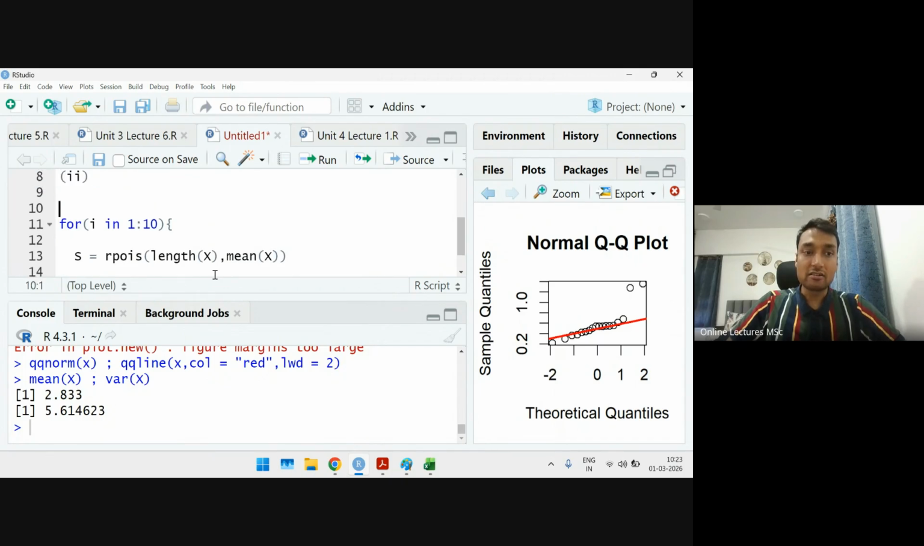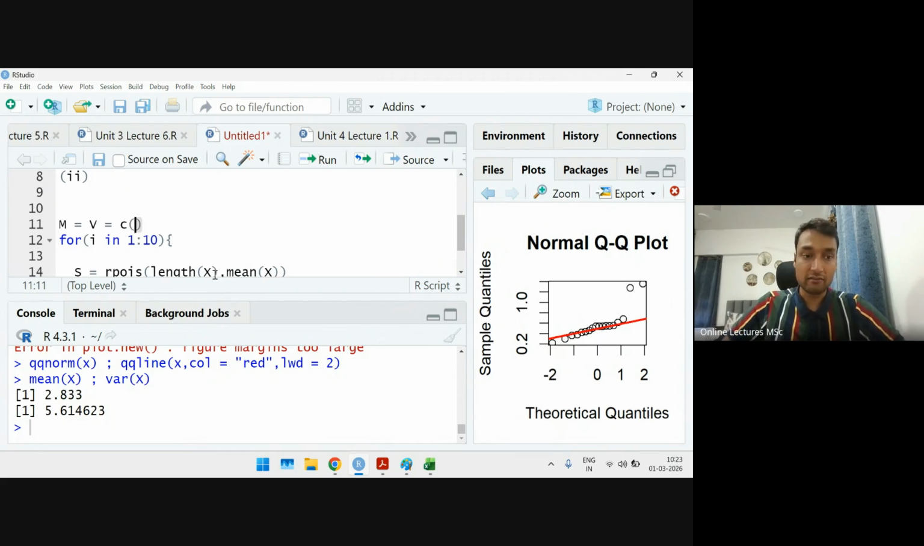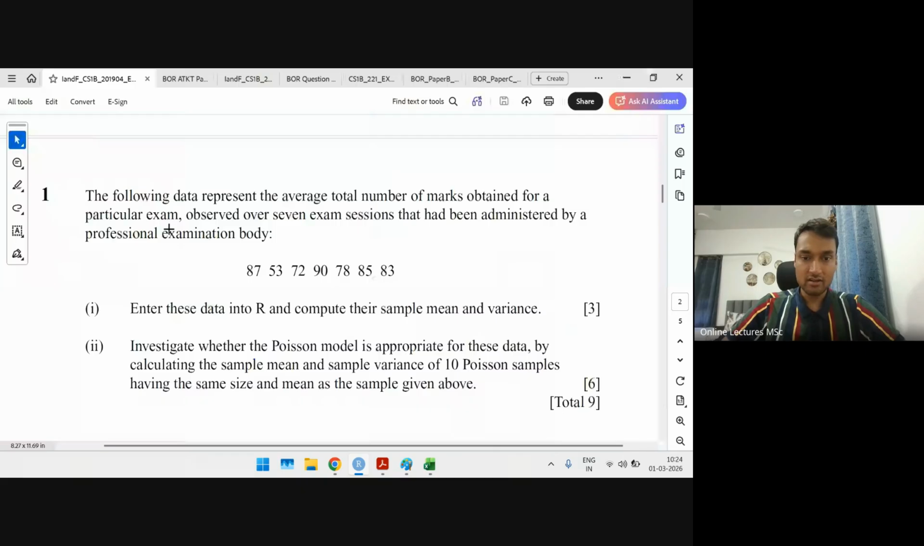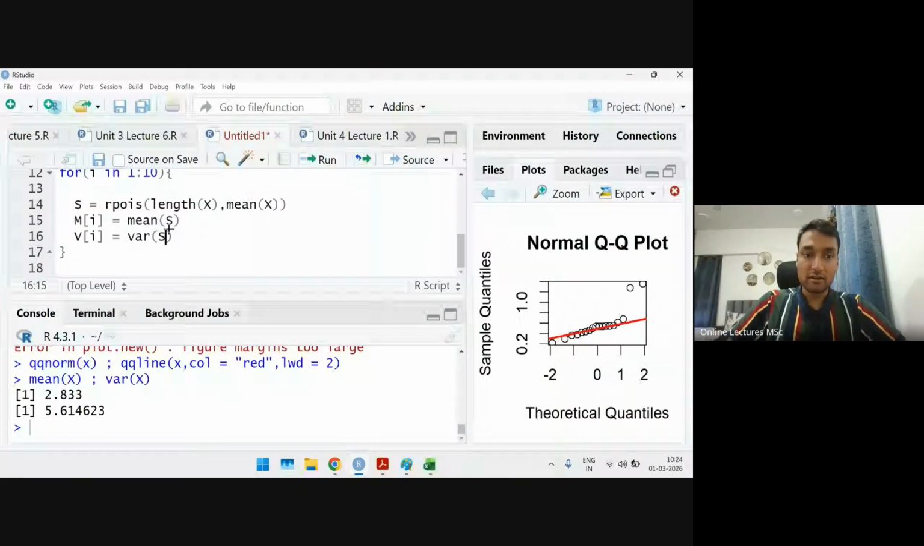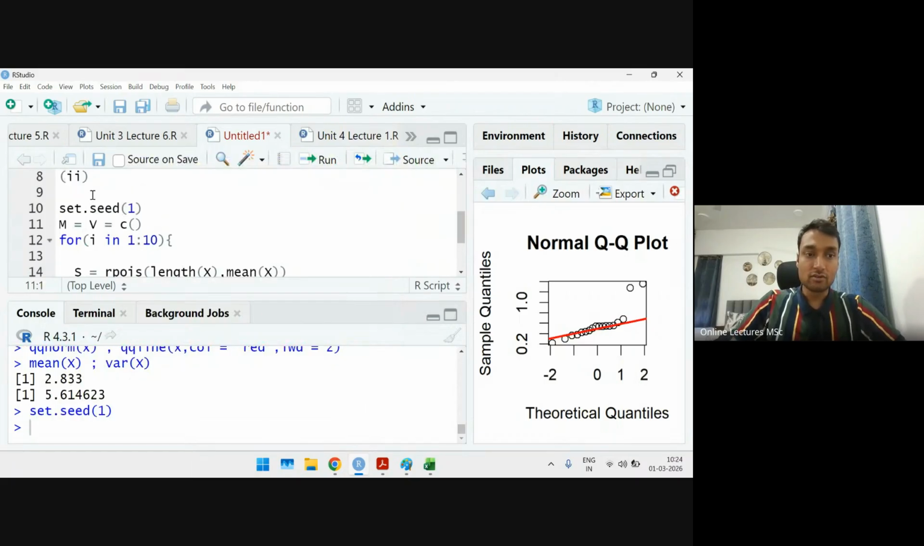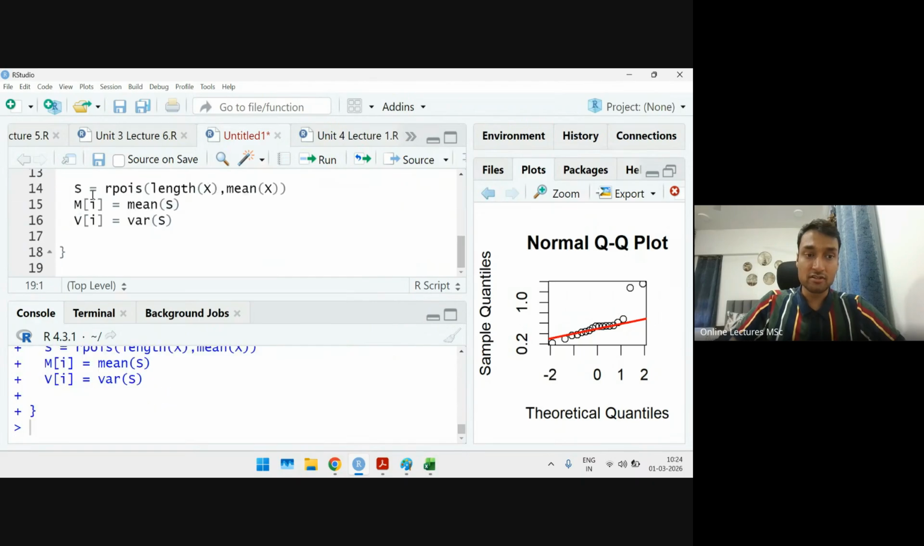I have to calculate the sample mean and variance for both. So let's say I'm setting M and V to blank vectors. I will initiate M[i] as mean of S, and similarly V[i] as var of S. So that's it. This much is the program. Again, let's set a seed so that every one of us gets the same answer. So I'm setting a seed of 1 again. The seed is executed, blank vectors created, loops are generated. And now when you see M and V side by side,